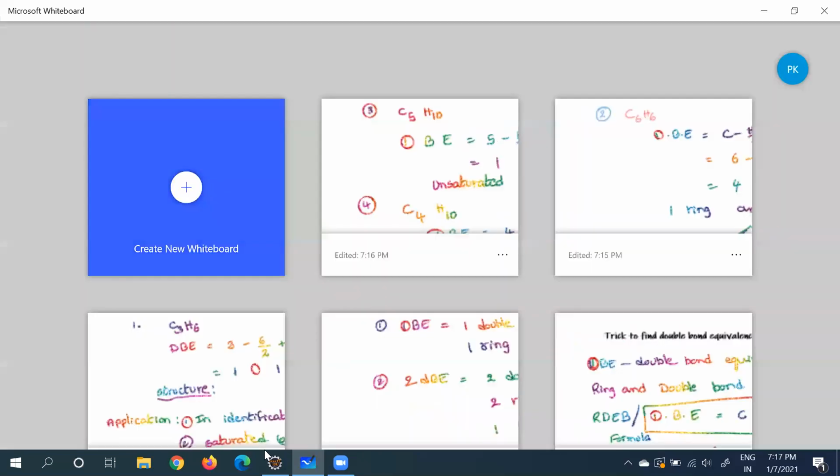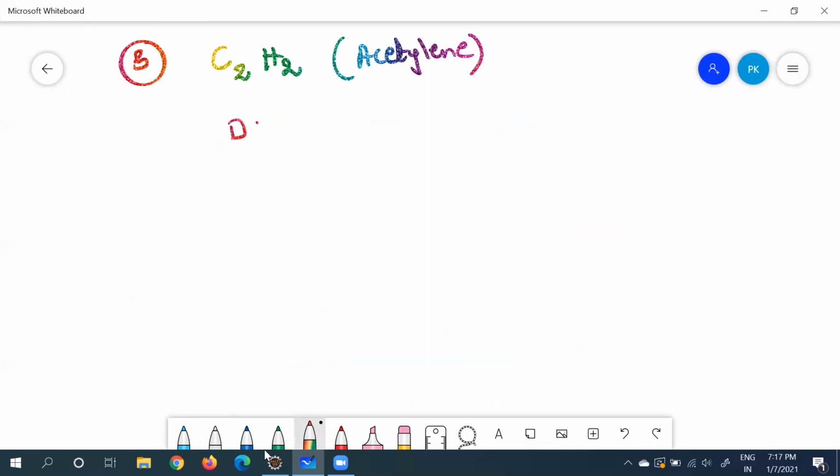Okay, one more last example with a triple bond I will show you. So take fifth example, that is, the simple alkyne. Okay, C2H2. What is this, student? Acetylene. So acetylene. Okay. Now find DBE. DBE is equal to 2 minus 2 by 2 plus 0 plus 1. So the 2 minus 1 is 1, 1 plus 1 is equal to 2. Now that means what? There may be two double bonds. 2 indicates two double bonds, or